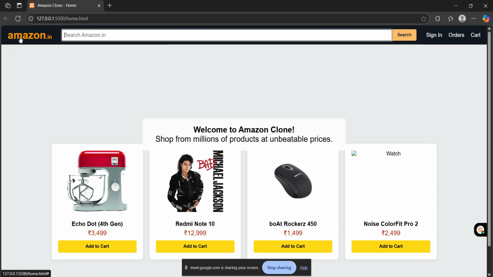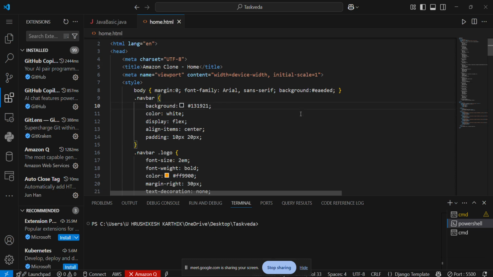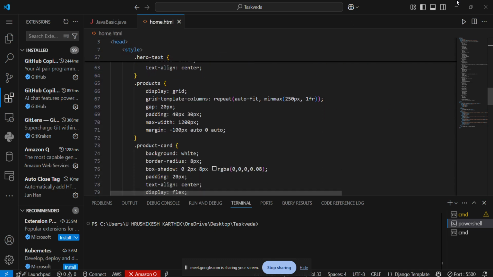If I used to create this, it would take me 2 to 3 hours to adjust the designs manually and set the font colors. It used to take a lot of time, but within a minute we have done this. That's the power of GitHub Copilot, like any AI paid programming or vibe coding tool. So now let's see how to